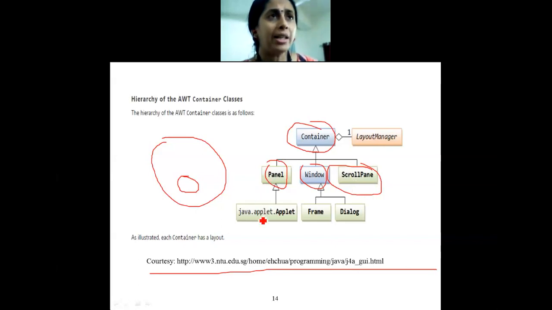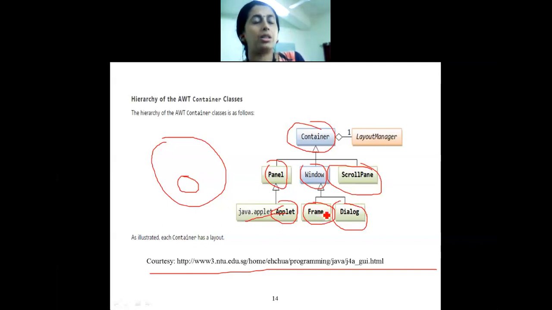Now, this panel is addressed by what is called an applet. I have talked about this many times before. AWT is totally based on applet. That's why it has a few drawbacks. And these windows can again have a frame or a dialog box. What is this frame talking about? A smaller part. For example,